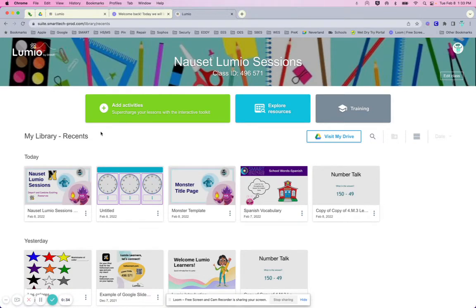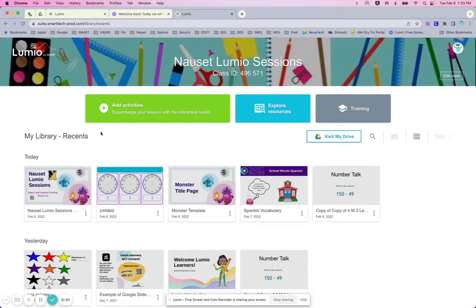And if this is your first time logging in, you will be prompted how you'd like to sign in. Please sign in with your Google account, as it is linked to Google Drive. Then you will be prompted some questions about yourself. For example, you'll be asked if you're an adult or a student,